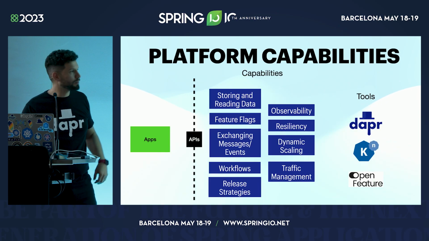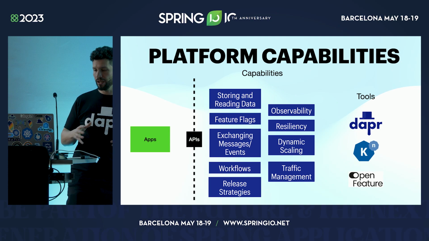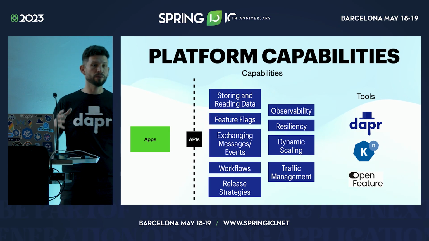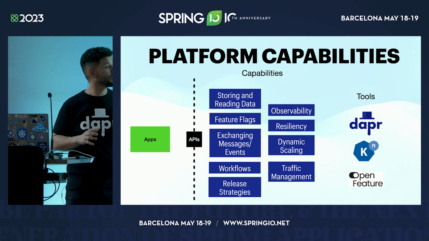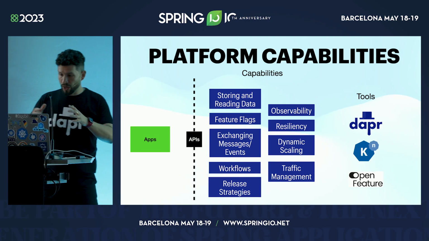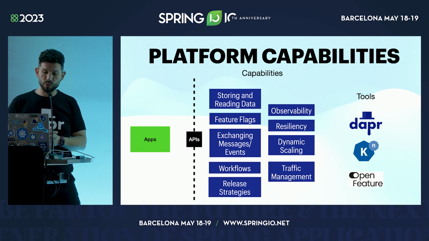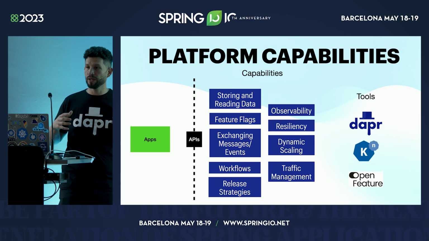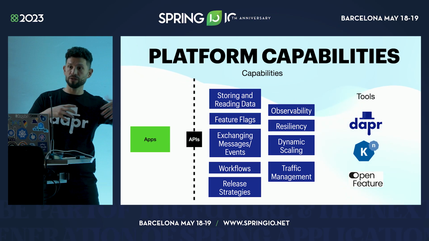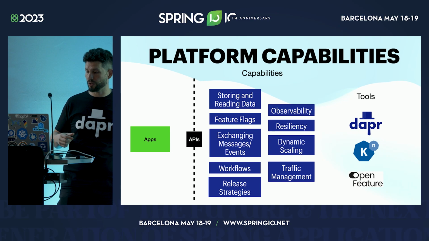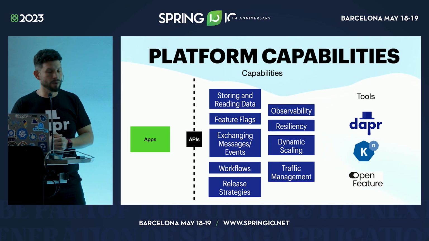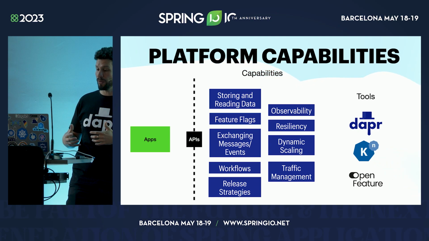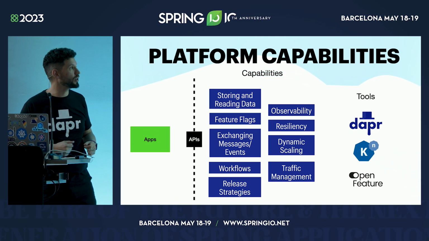When we talk about building a platform for a company, I think it only makes sense if you have a company that is large enough to have multiple development teams working on different parts of a large application. If you have tons of different teams working, you need to start standardizing how they work, and you need to have teams giving all these other teams the tools they need to do that work. So when we talk about platform capabilities, we talk about all these shared concerns that most of the services and applications running inside these platforms are going to need.